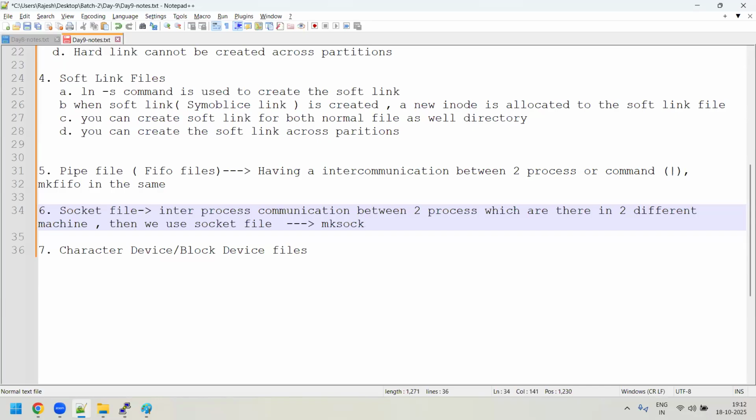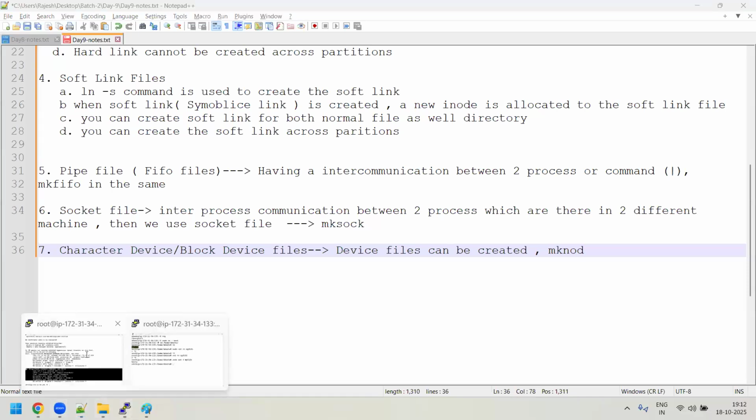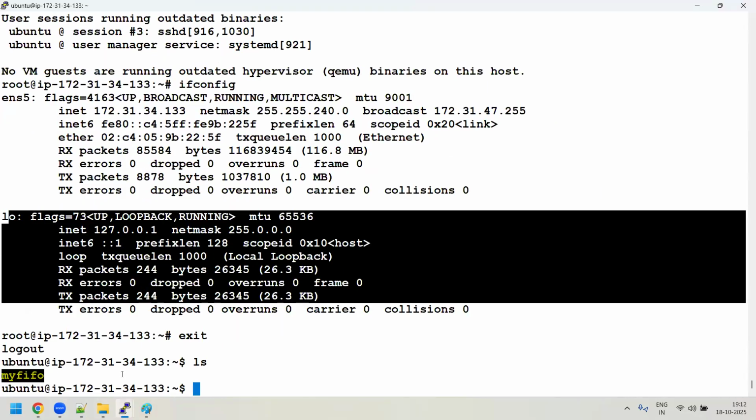Okay. Character device file, block device file. These again are special types of files, guys, where you can create device files. How do you create one? By using the mknod command actually. Let me come out from this because I'm in the root user, so I have to exit. When you do an ls, nothing is there. So if you do a sudo mknod command, I'll give c as a character device file. The major number is 255, the minor number is 10, and the file name is mychar. Enter.